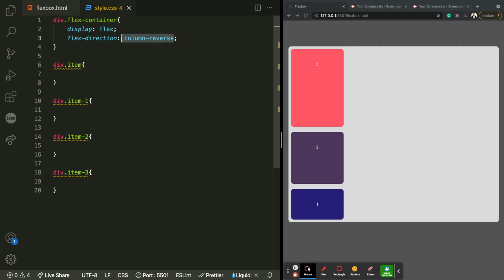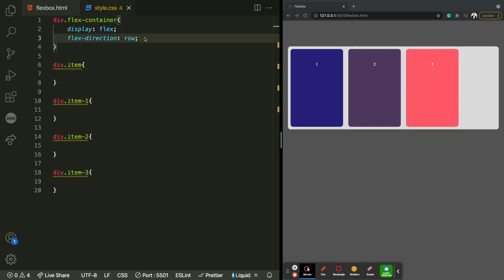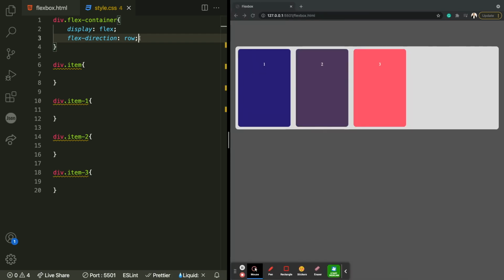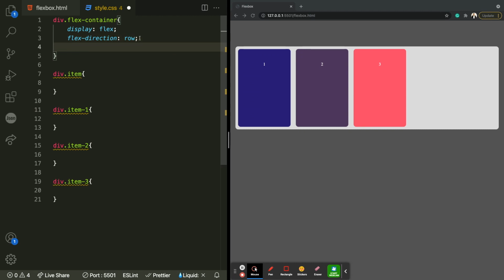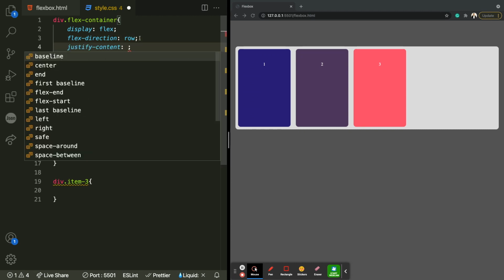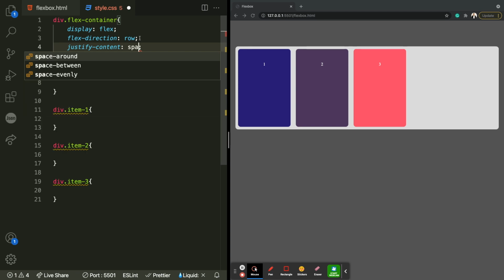Now let me just switch back to row. The next property we'll be looking at is called justify content. Justify content defines how the flex items will be aligned along the main axis and how the extra space will be distributed among flex items. Now let me go ahead and add the justify content property to our flex container and set it equal to space